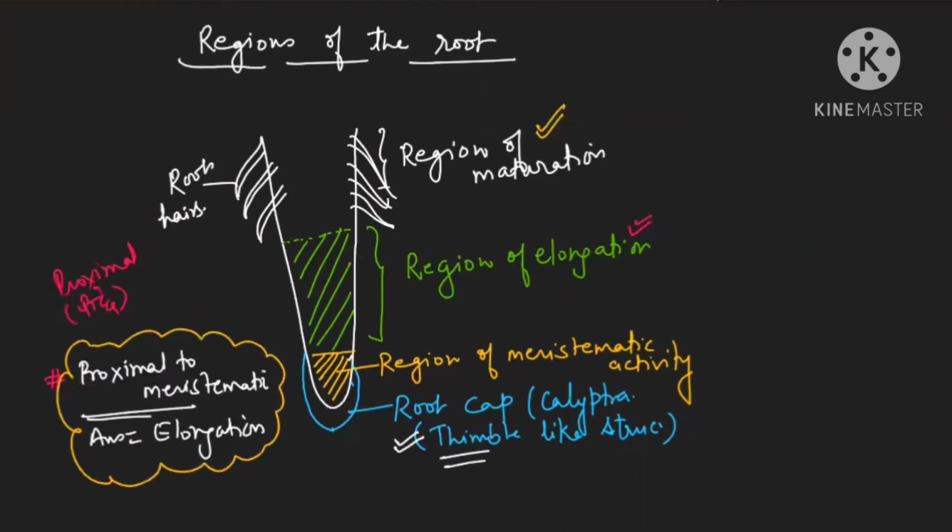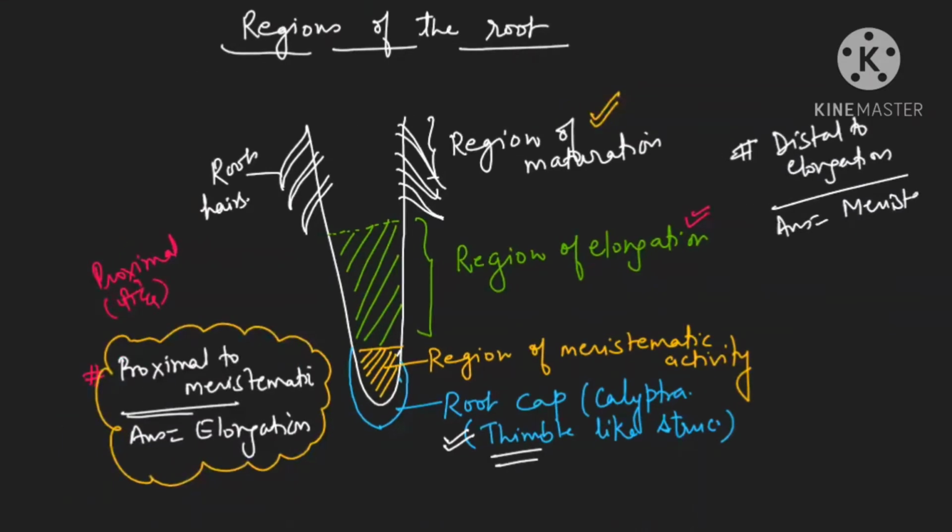Or now you can learn in the opposite way. If I ask you distal, is it clear? Who is distal to elongation? Distal का मतलब elongation से दूर कौन है? तो आपका आंसर जाएगा meristematic. I'm writing one question language here. See, if I ask you distal to elongation, then your answer will go meristematic. Understood? I hope this will help you to learn it.